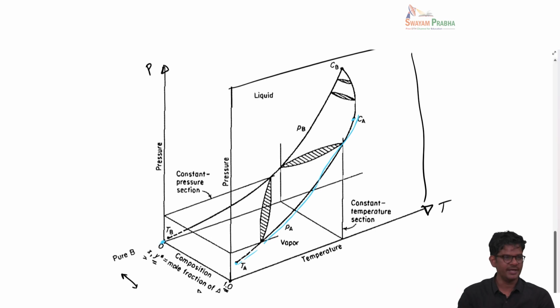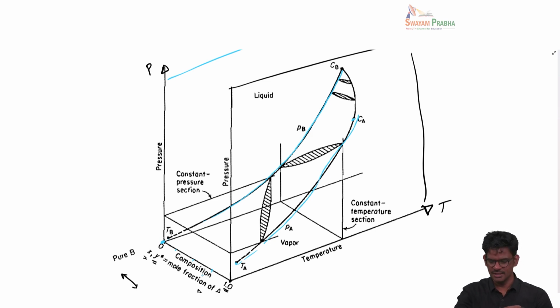Similarly, if you look at this particular point where X and Y are 0, that corresponds to pure component B, and if you look at the surface on the other side, that would be this line representing the vapor pressure line for pure B, again going from its own triple point to the critical point. And then in between, if you take any particular composition, we are talking about a binary mixture. In that binary mixture, you basically have these two surface loops that show coexistence between the liquid and gas phase. Understanding this is a little bit difficult, so